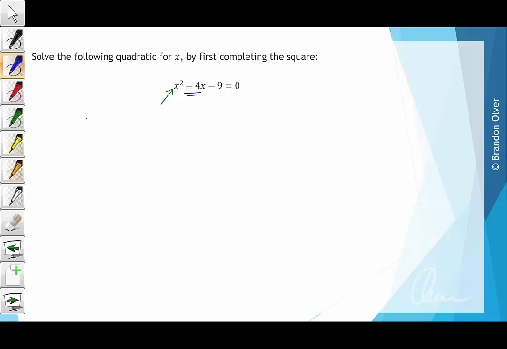And in this case, it's -4. And the method of completing the square says we take the -4 and we halve it, which will give us -2, and then we square that number, and in this case we get +4. So completing the square, we have the x squared minus 4x, and then after the x term we add 4, and then we subtract away the 4 to maintain the equation, and then we've still got -9 from the original equation. So conveniently, what we've done is produced a perfect square